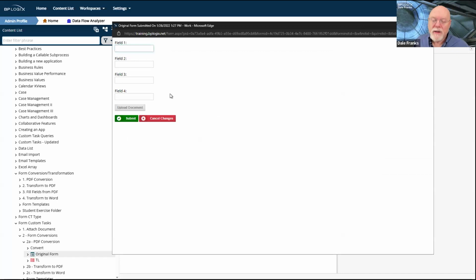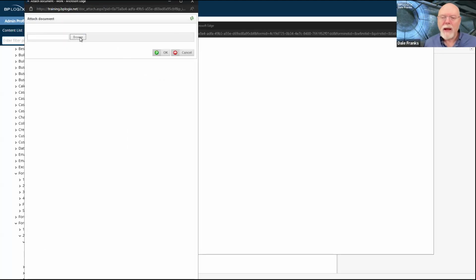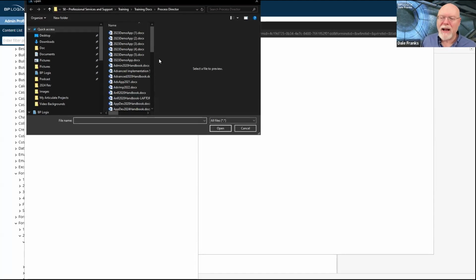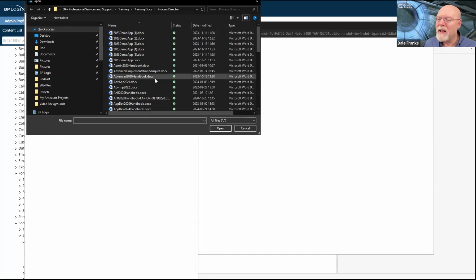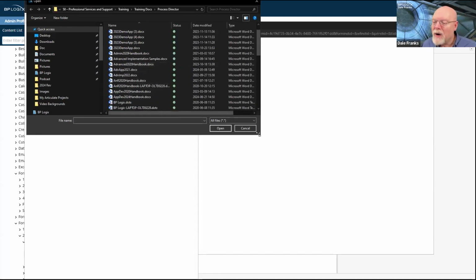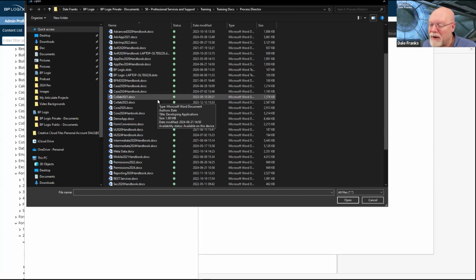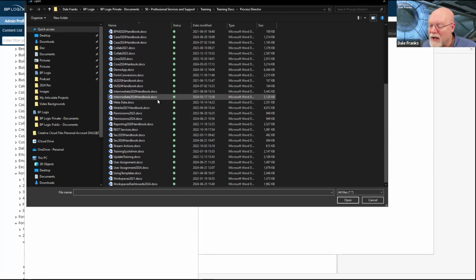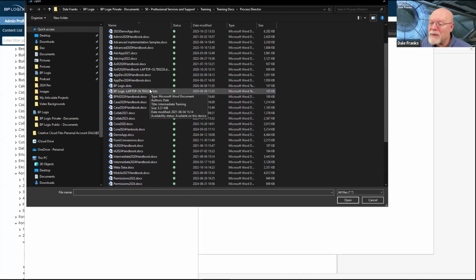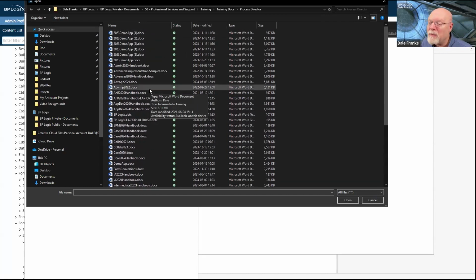So we have our little form, and we have some form fields, and we're going to fill it out, and then we're going to upload a document. So we're going to browse for that document, and I'm going to pick something that is tortuously long with lots of pictures. Let's see. That's 5.8 kilobytes. Do I have anything bigger? Do I have a huge Word document that I want to convert to PDF? 5.4, which is pretty big, but I think 5.8 takes the cake.